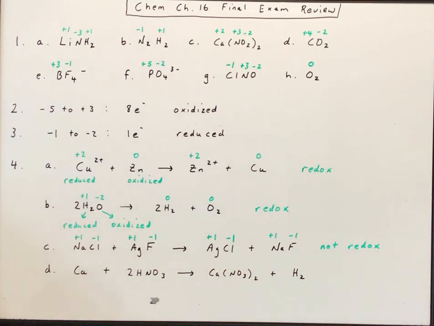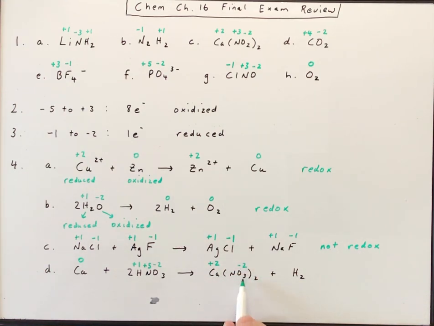All right, we'll go left to right. Calcium all by itself will have an oxidation number of 0. Rule 1. We have -2 plus 1 for hydrogen, so this nitrogen would need to be +5 in order to add up to 0. So we'd have calcium in a compound is +2,